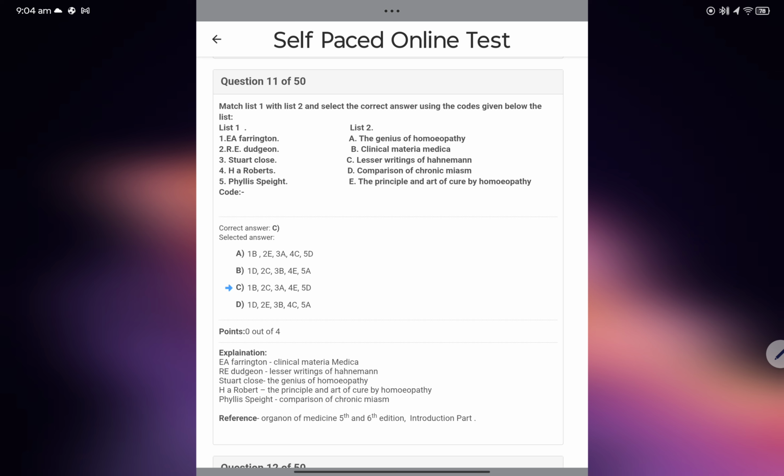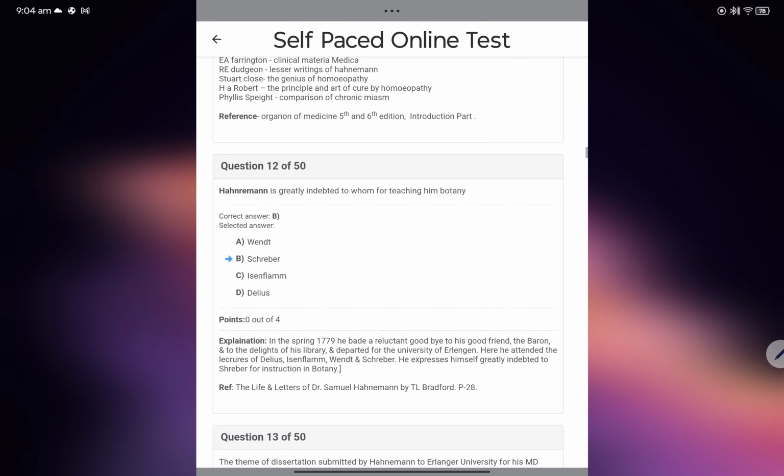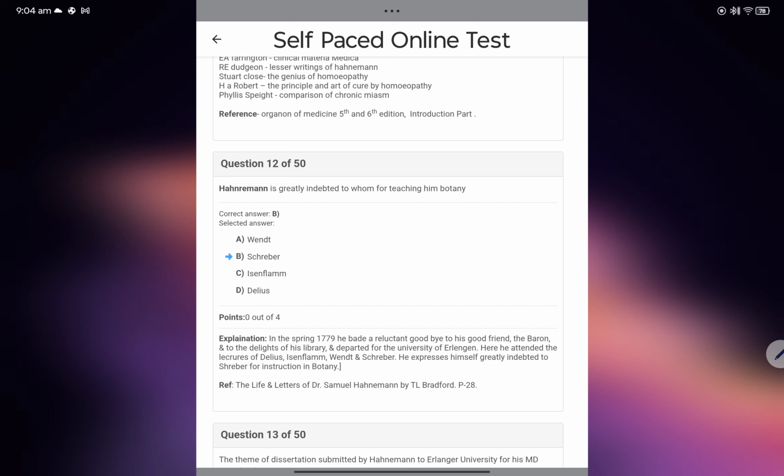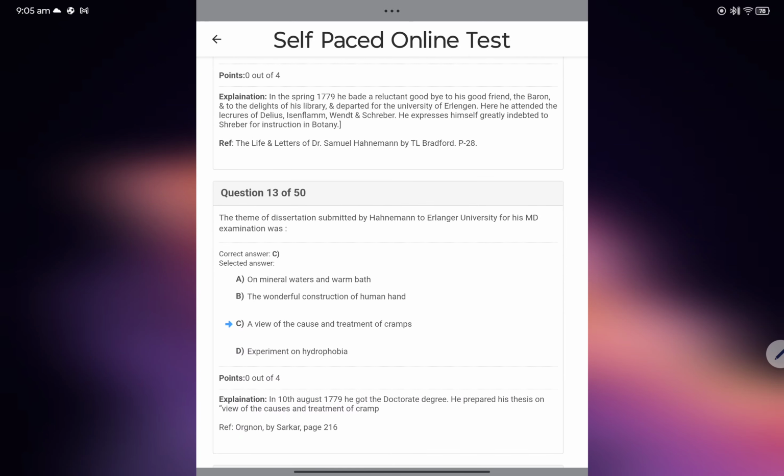So E. A. Farrington wrote Clinical Materia Medica. R. E. Dudgeon wrote Lesser Writings of Hahnemann. Stuart Close wrote The Genius of Homeopathy. H. Roberts wrote The Principle and Art of Cure by Homeopathy. And Phyllis Speight wrote Comparison of Chronic Miasm. Next question, Hahnemann is greatly indebted to whom for teaching him botany? The answer is Schreber. Next question,